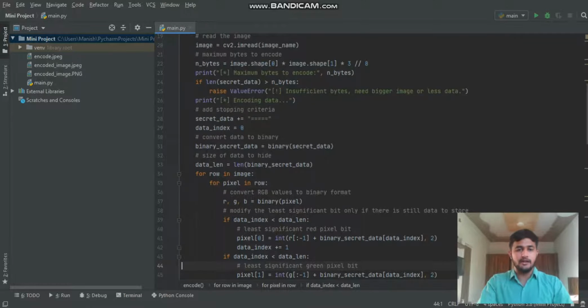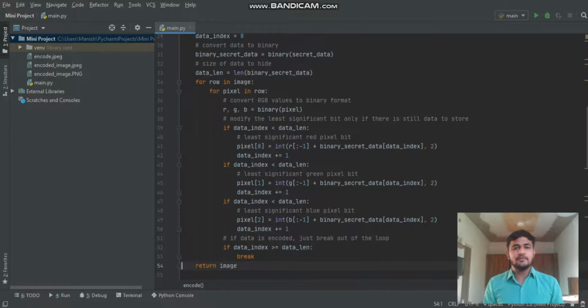For pixels, there are rows and columns, as we have declared it into a binary. So we will first of all check for the rows and the pixel into a row. We will use two for loops. First of all, RGB: R, G and B. We have to convert that into a binary form. So we will check for the R, G and B three times with if conditions.